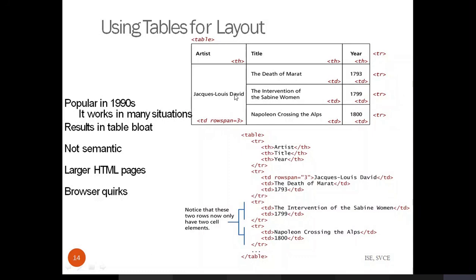So row span 3, and I am specifying this information, and this is going to be common for all the 3 rows. So from the next row onwards, you can directly specify these 3 values. No need to specify the first information in the first column. It's not required in all the rows. You can just observe, this is the second column information, and this is the third column information. Similarly, this is the third row and the second column.